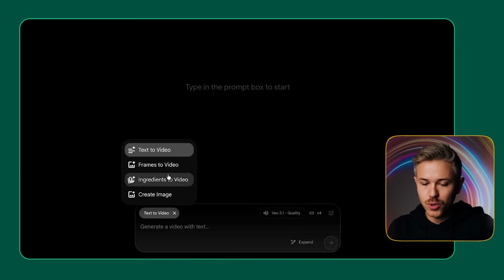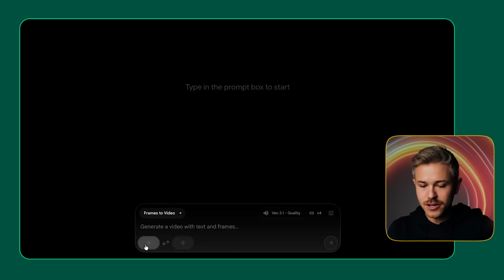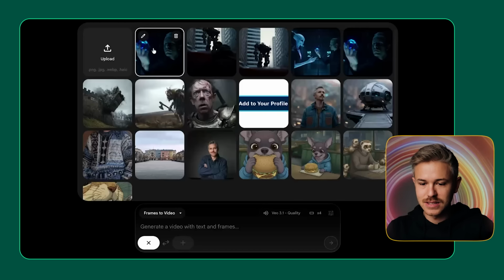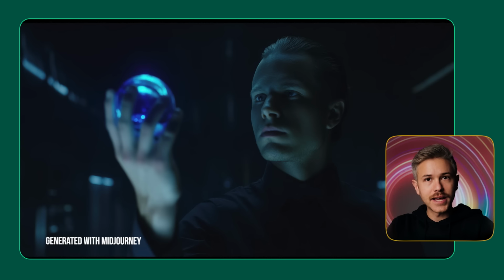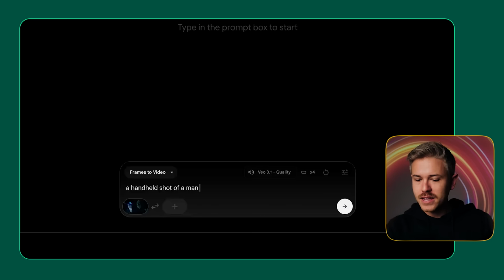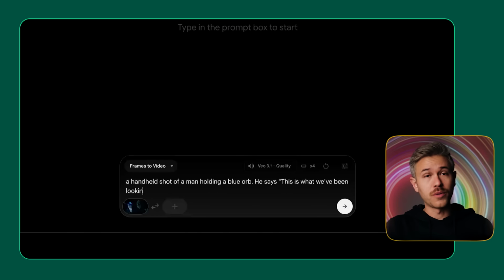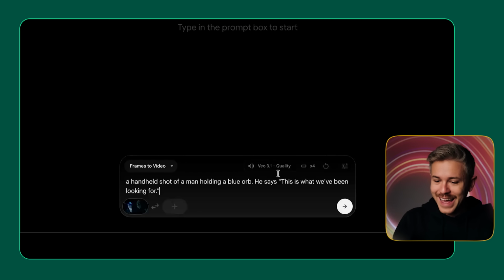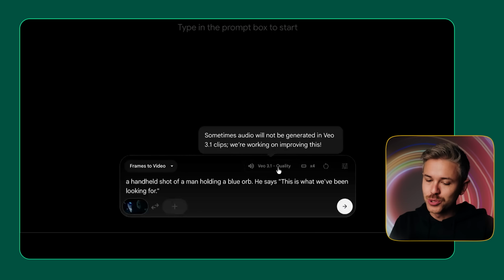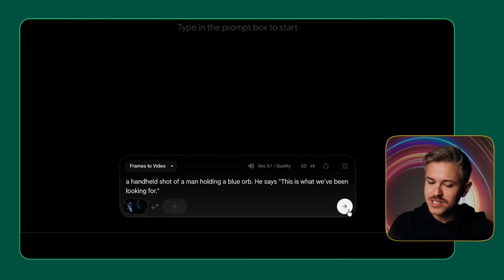Now for this example, I'm going to use frames to video. You know me, I like using image to video. Let's go ahead and select that start frame image of the guy holding the blue orb from earlier. So let's say a handheld shot of a man looking at a blue orb. He says, "This is what we've been looking for." Okay, cool. And for our model, we'll select Google Veo 3.1 Quality, and we'll do 4 generations and go ahead